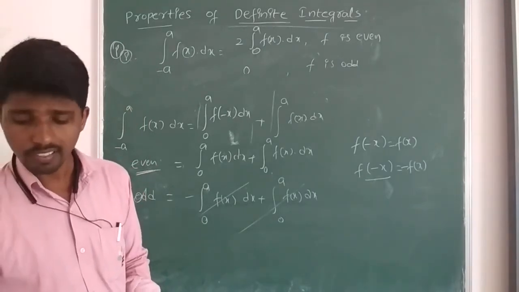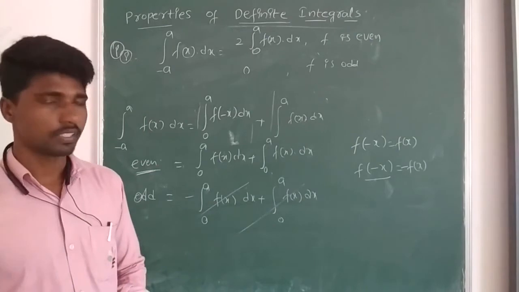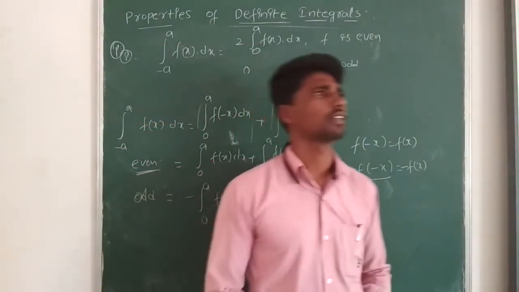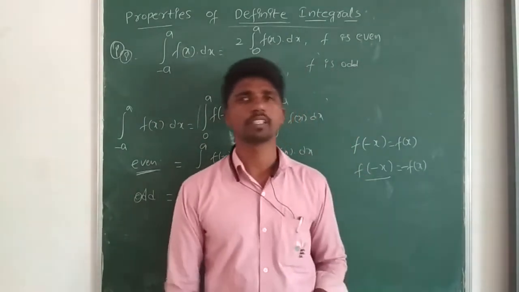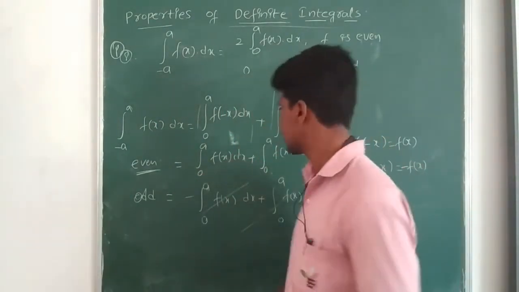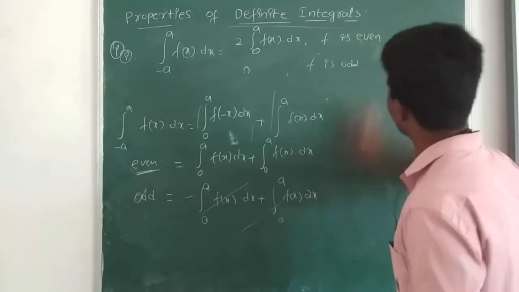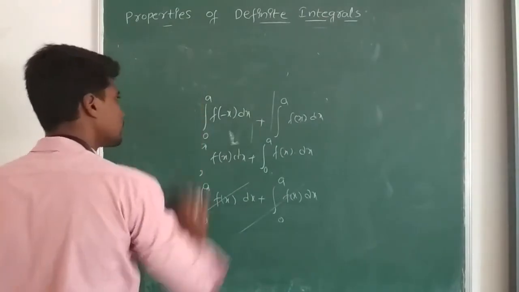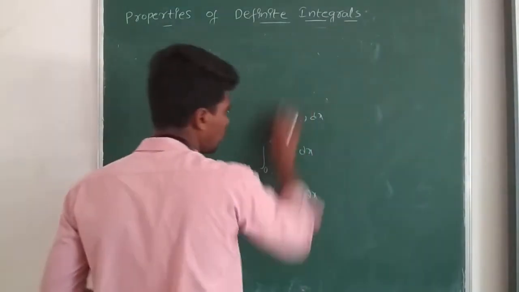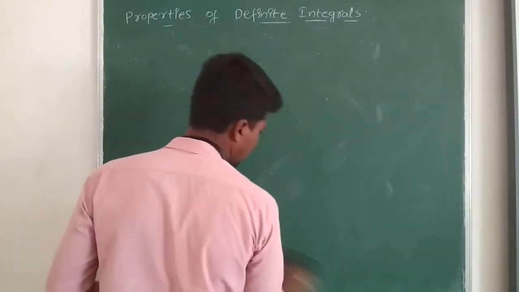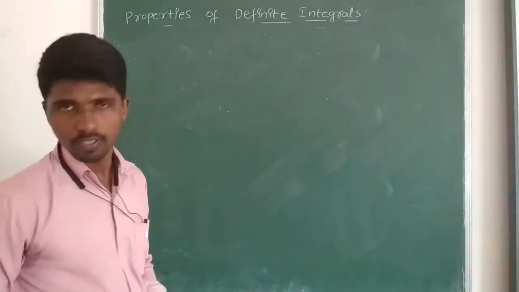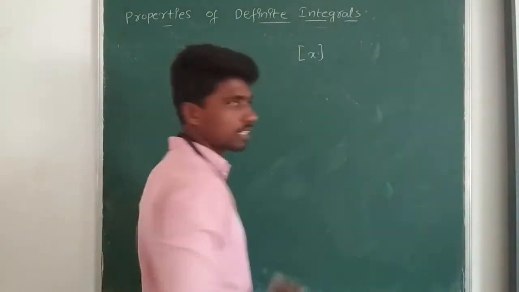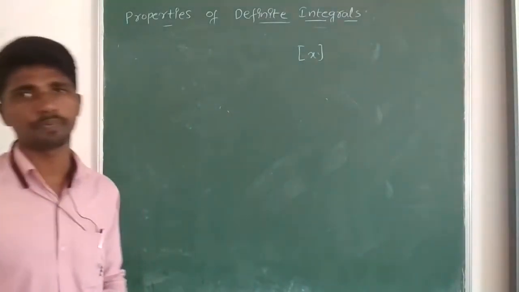Discontinuities. Discontinuities is what we discussed in the beginning. For discontinuities, the step function is the best example. So the step function gives the best example for discontinuities. The step function is a discontinuous function for all values of x belonging to the integers. If I consider this step function, it is discontinuous for all integers.